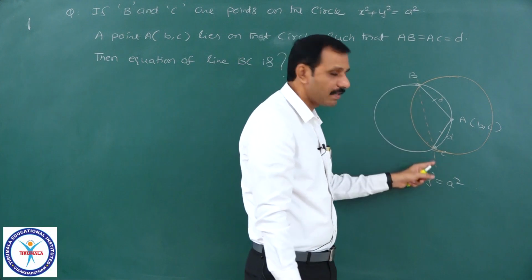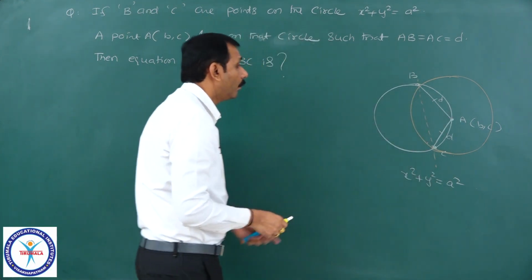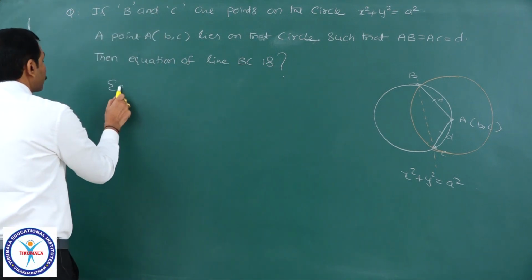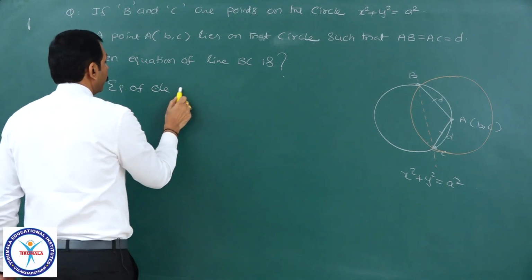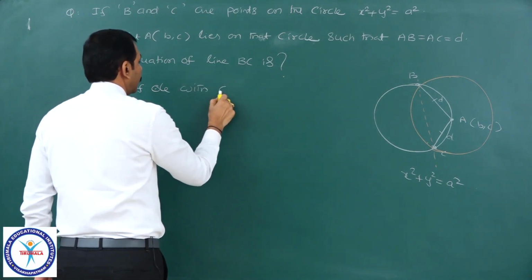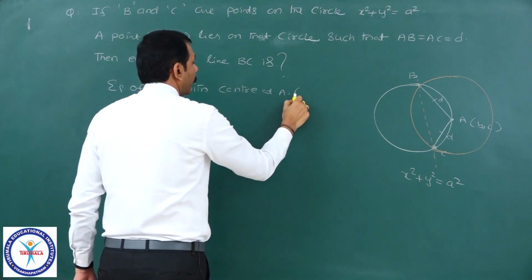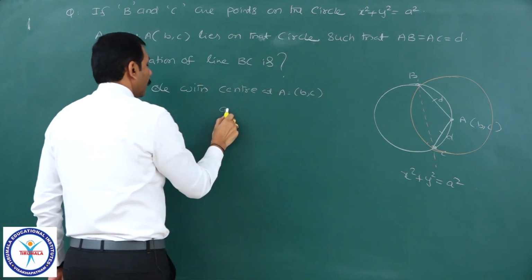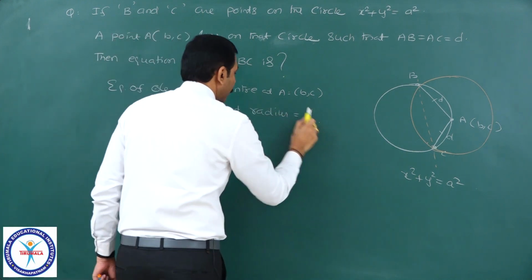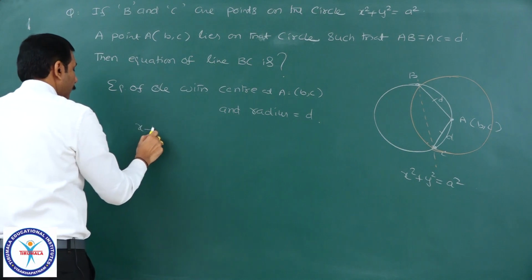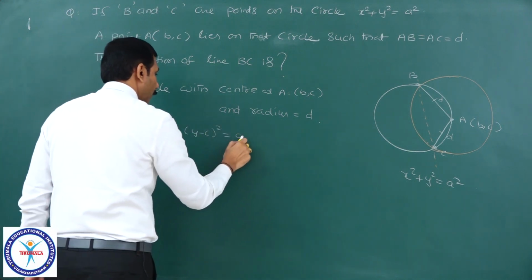Now what will be the equation of BC? BC is nothing but the radical axis of these two circles only. Therefore, I will write the equation of the circle with center at (b, c) and radius equal to D. What is that equation? (x minus b) whole square plus (y minus c) whole square is equal to d square